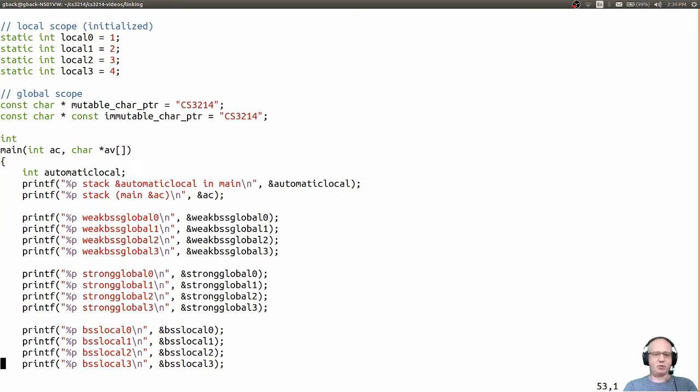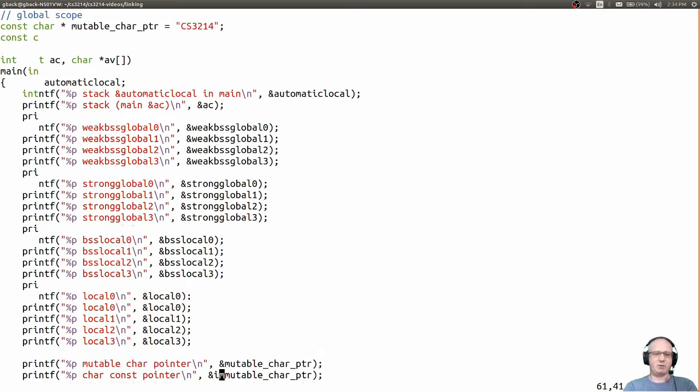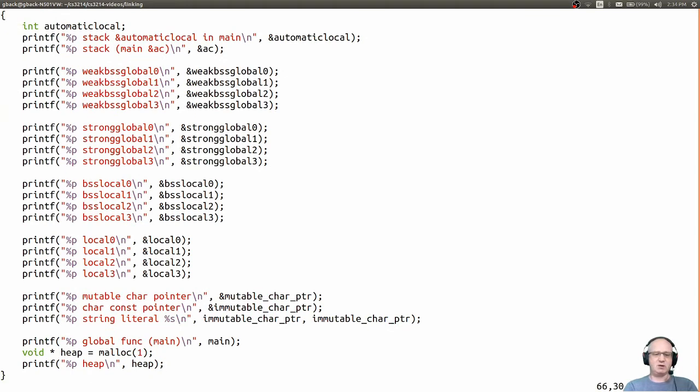And then I added more things. In the main program, I defined a local variable. I also have this argument that's being passed to main. I print out the address of where it is located. So I'm printing out these addresses as well as for all the variables that I have defined. In addition, I am also printing out the address where the main function is located. In C, I can just use the name of a function as a pointer to it. That is the same as specifying this. And finally, I allocate 1 byte on the heap and print out where this is located.